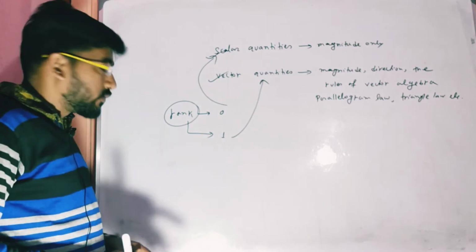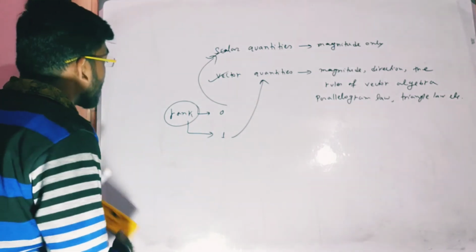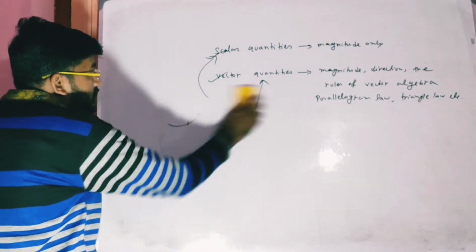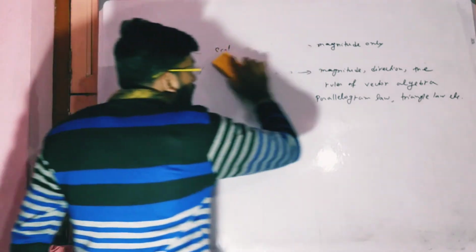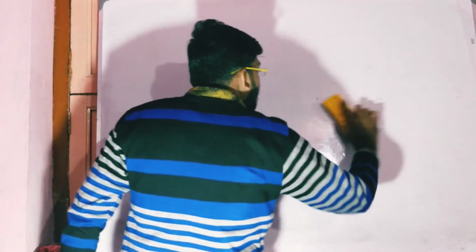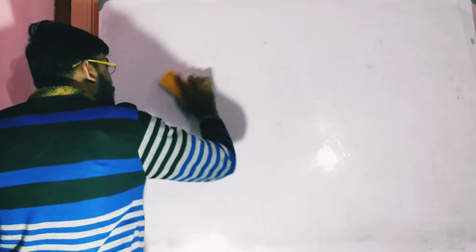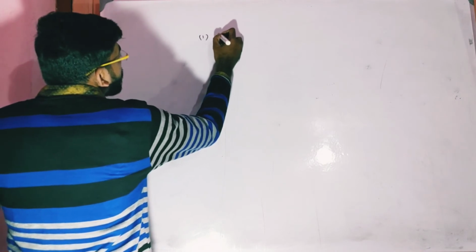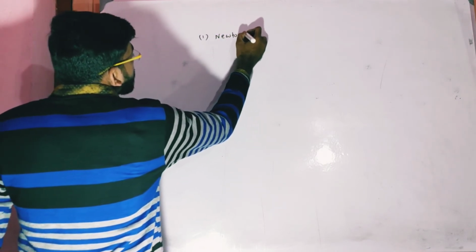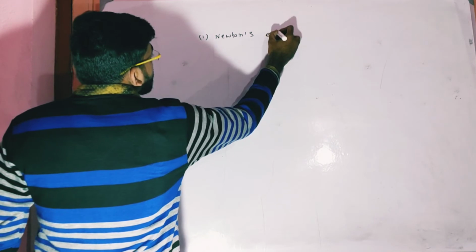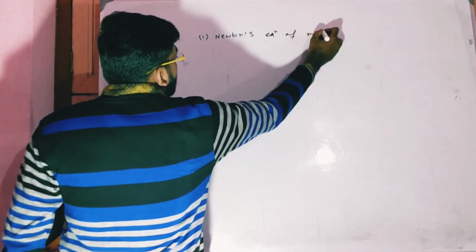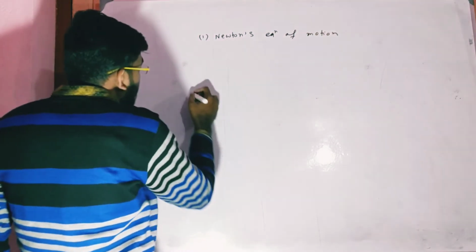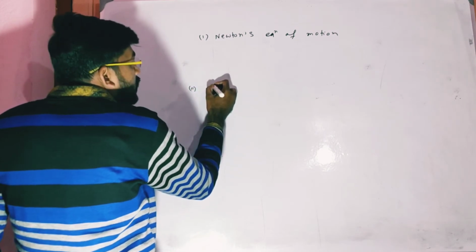These are very well known equations which arise in mechanics as well as in electricity and magnetism. These two basic laws are, one is Newton's equation of motion, and another one is the well known